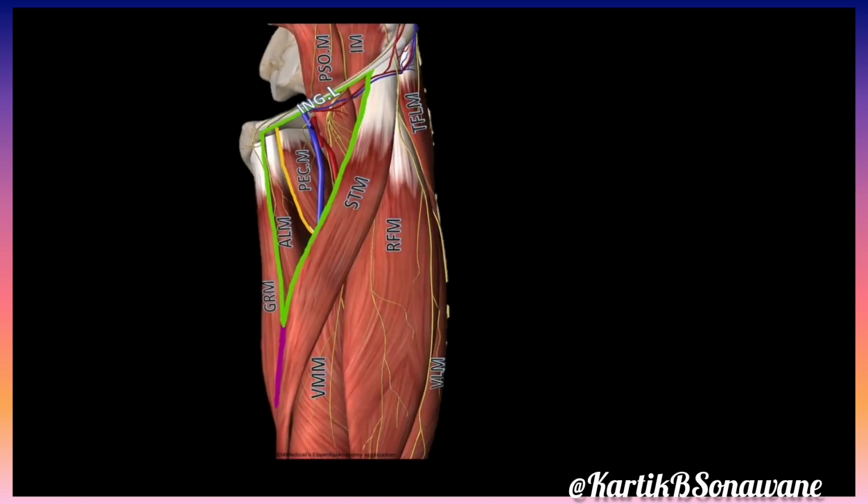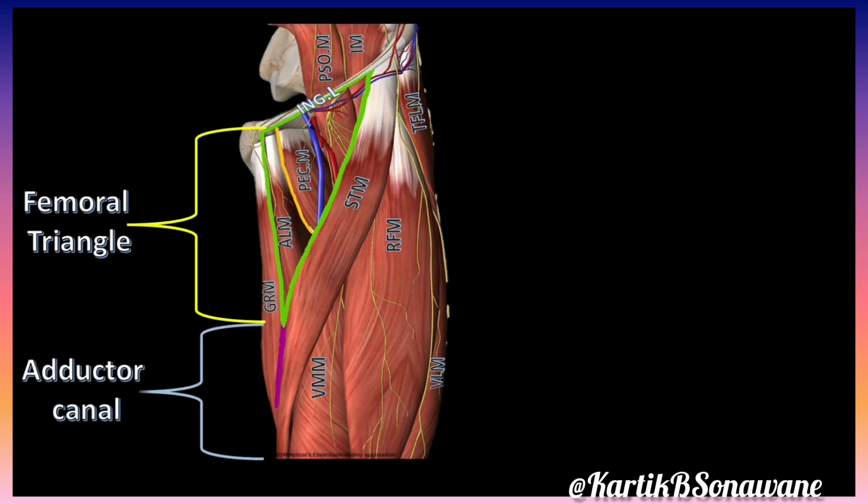Proficiency in administering blocks that target all pertinent nerves supplying the knee joint relies heavily on a comprehensive understanding of two crucial anatomical landmarks within the thigh: femoral triangle and adductor canal, separated by the apex of the femoral triangle, which is the intersection point of the medial border of the sartorius and the medial border of the adductor longus muscles. The femoral triangle is a triangular subfascial space below the inguinal ligament, whereas the adductor canal is a musculo-aponeurotic